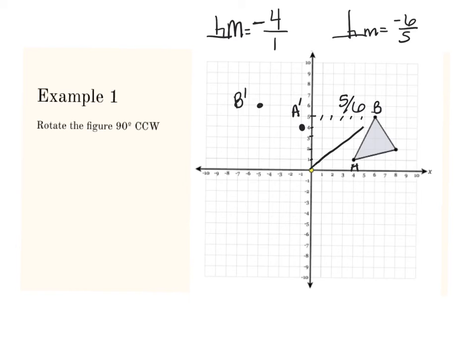And then I would do my last point here. So for our last point, we have from here to here, and our slope would be up 2 and then over 8. So when I flip this, I'm going to get 8 over 2, don't reduce, because it's positive, it's now negative. So now I'm going to count from the origin up 8 and to the left 2, and that would be, let's call that C prime. So here is where